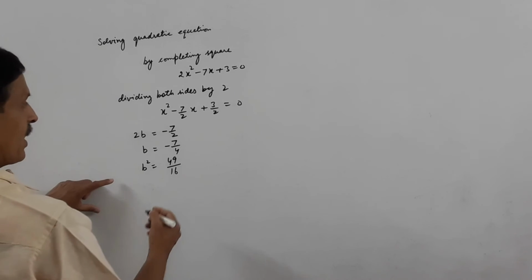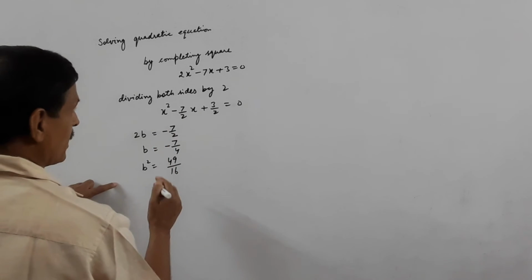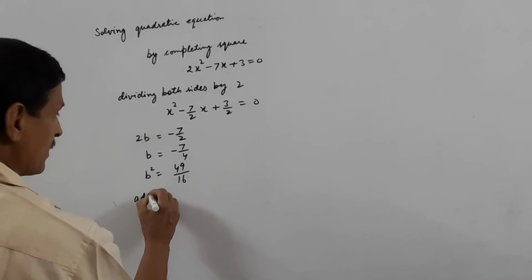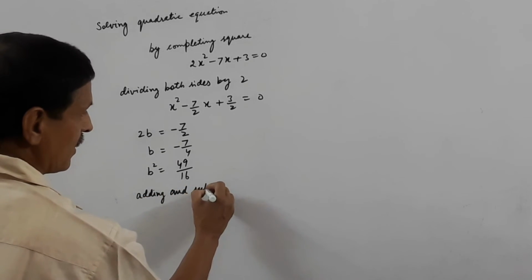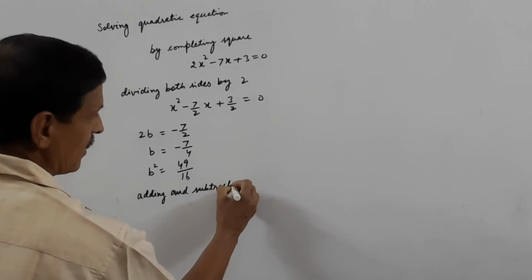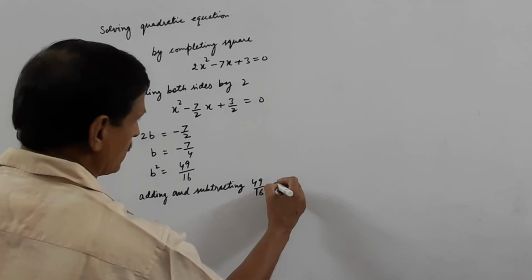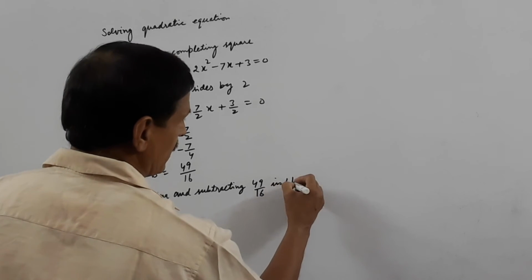Now we add and subtract 49 upon 16 in left hand side. Adding and subtracting 49 upon 16 in LHS,